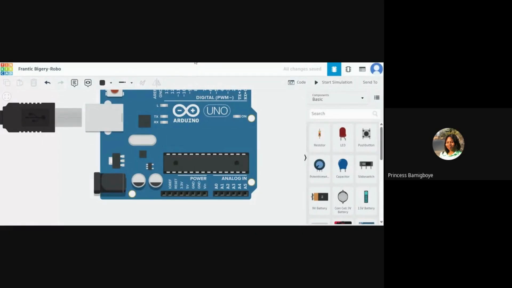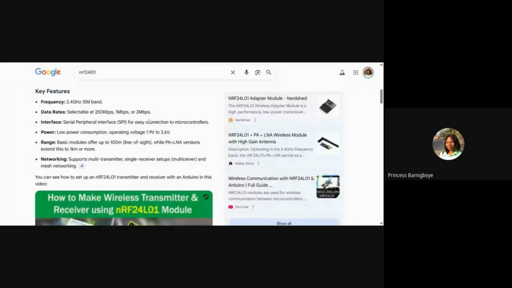So in this case, when you're working with this kind of component, always make sure, for you to be a good electrical engineer, or a good embedded systems engineer, you must always look at the specs of the components you're working with. Check your data sheets. Your data sheets should be your best friend. You can check the internet for the maximum and minimum voltages of every component that you're using, so that there will not be a situation whereby you are working with one and the voltage is too much or too low.